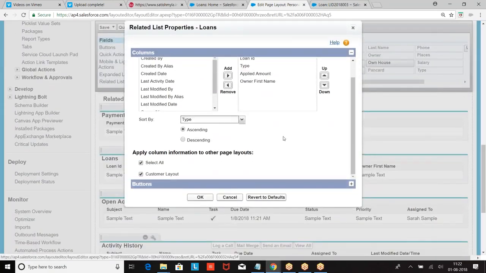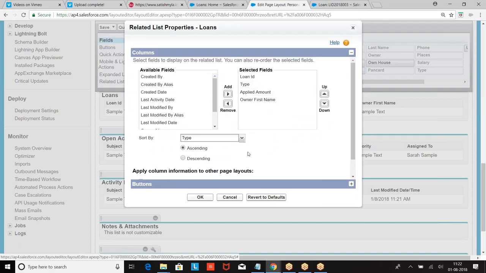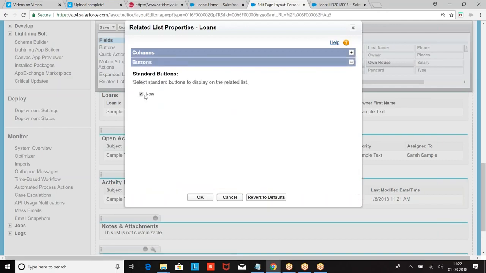Now click on the settings. Then look at this: apply column information to other page layouts. Whatever fields I selected will also be displayed in the page layout of payment. Now what am I getting here? Buttons. Look at this: New.